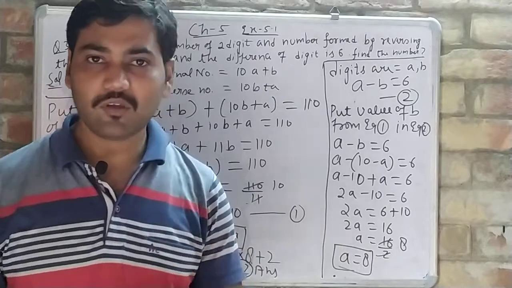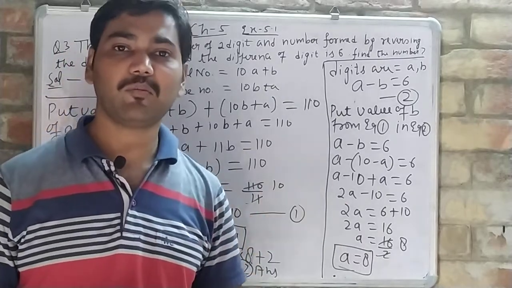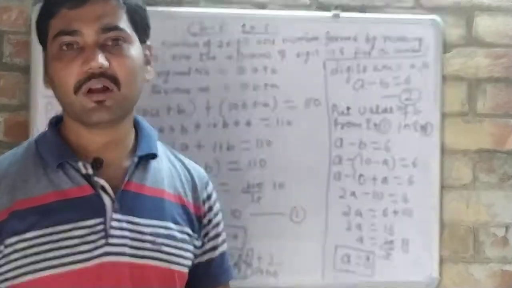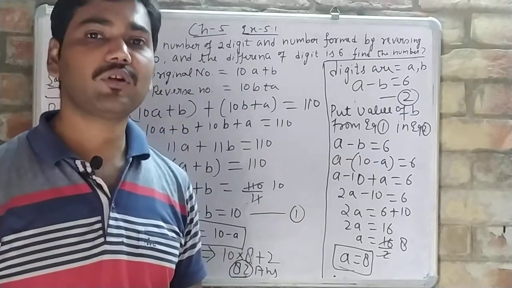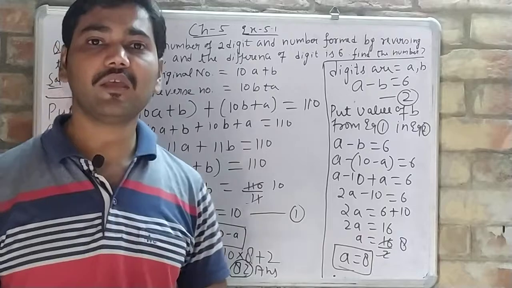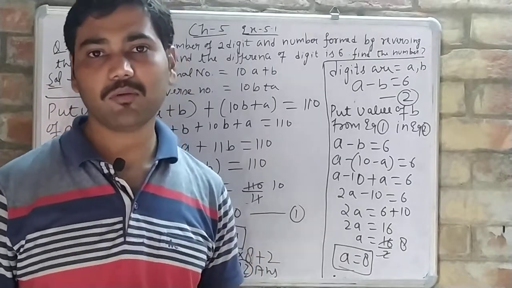So exercise 5.1, I have explained to you. I have given you the first question explanation in my previous video. This is equation number 3, and hardly we have 7 questions. So the rest of the questions you try on your own. Okay, the method is the same. You have to try on your own. If any problem, you can ask me.